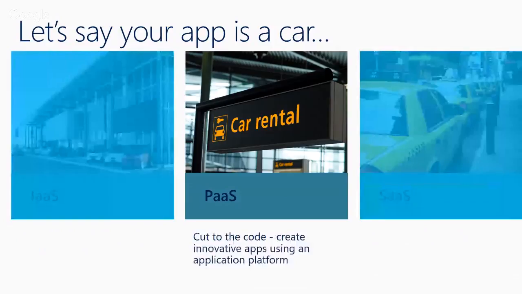So why do we opt for the car rental model, or platform as a service model? It's because once you have this, it basically saves you a lot of time. First, you don't have to worry too much about the infrastructure. You don't have to know about that. And if you look at the right side, because you are the driver, you can drive your car anywhere you want. You don't have to rely on taxi drivers to drive you. That's where we say it's in between the two, and it gives you the innovative cutting edge.